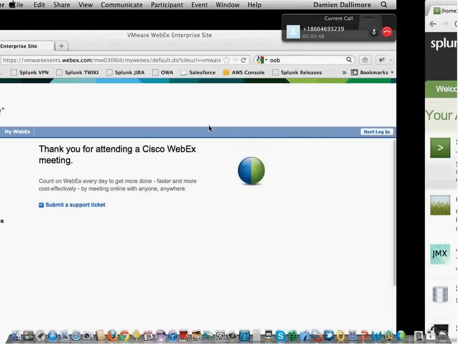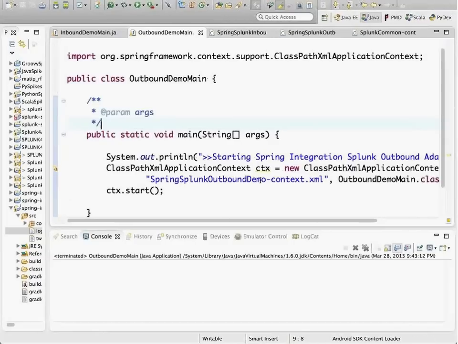What I'm going to show you here is a couple of simple demos that I created. One of them shows the Spring Integration Splunk outbound adapter for getting data into Splunk. The other shows the Spring Integration Splunk inbound adapter for executing a Splunk search and integrating that into your Spring Integration application.